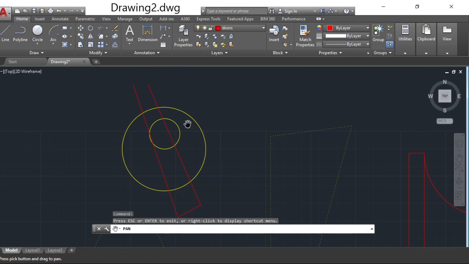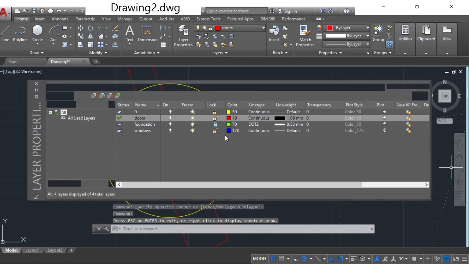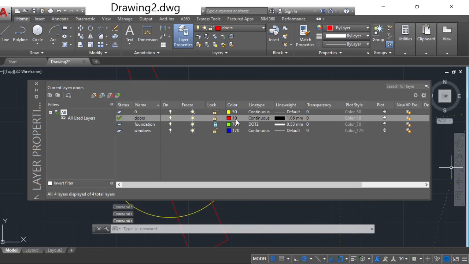Wherever the yellow color circle, on the yellow color circle we have drawn this red color line. So here yellow does not appear in these particular areas wherever they are crossed, they are intersected, right? So if you change the